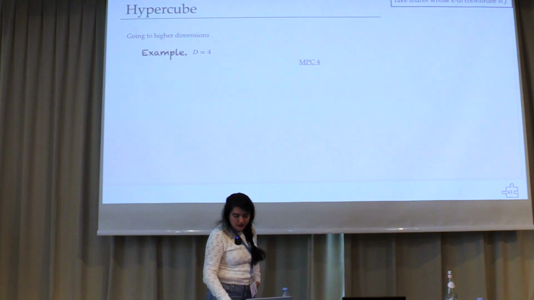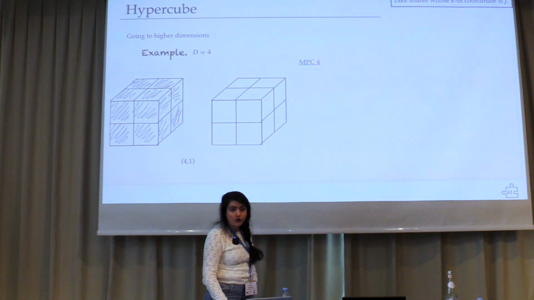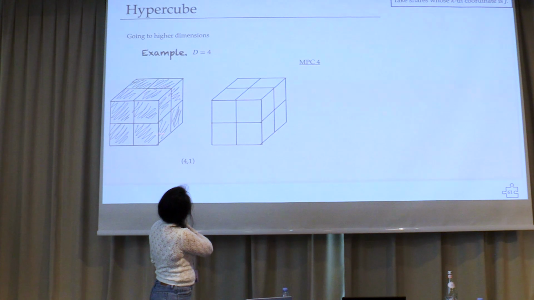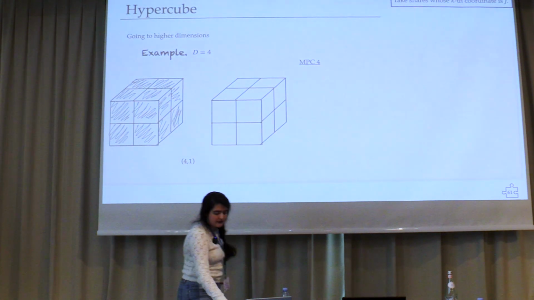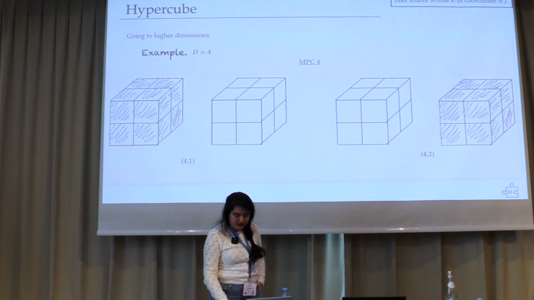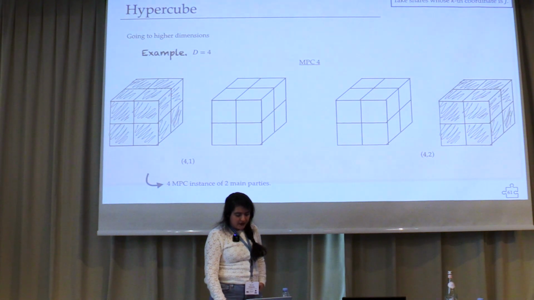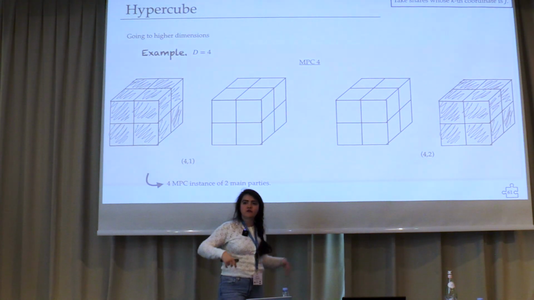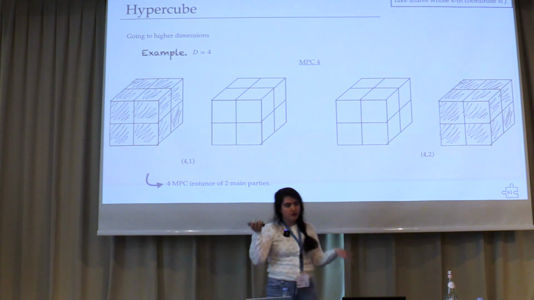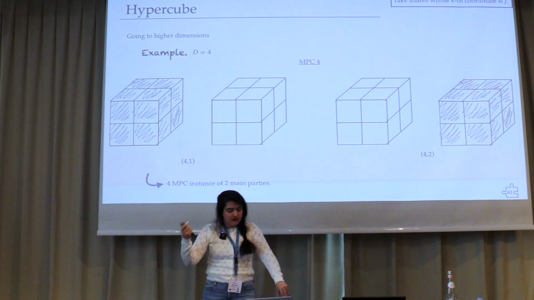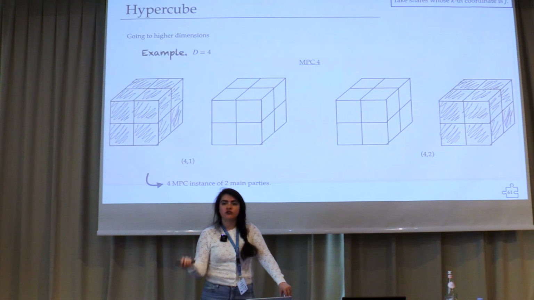And then for the last one, it's going to be, again, the fourth dimension is equal to 1, so that means you sum up all of this and none of this, right? And conversely, this is what you sum up for the second party. Okay. So then you obtain 4 MPC instances of 2 main parties, and then this generalizes, of course. You can go higher and higher to see what the best trade-off is. And so if you go to dimension D, you will get D MPC instances of the 2 main parties,